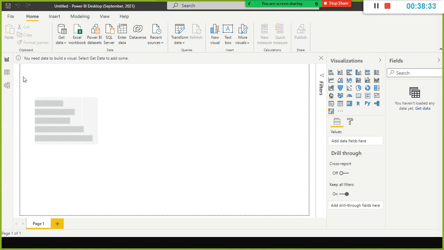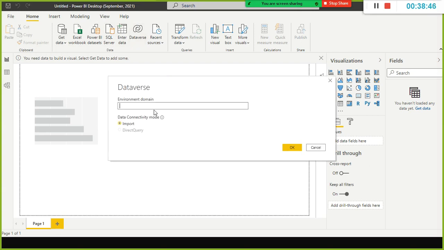Fine. So next I'm going to use any of these visualizations, though we did not use any data. So I'm going to use something called Dataverse. It asks you about the domain name or URL.